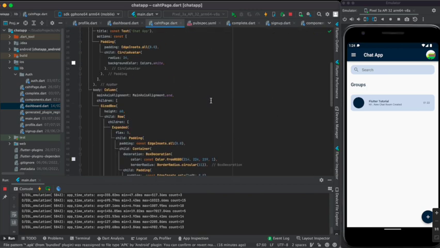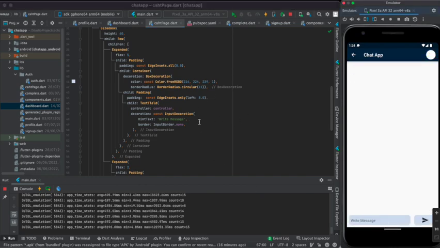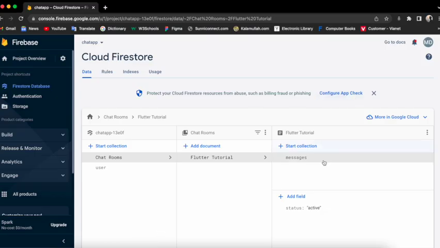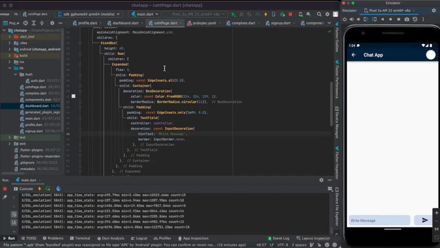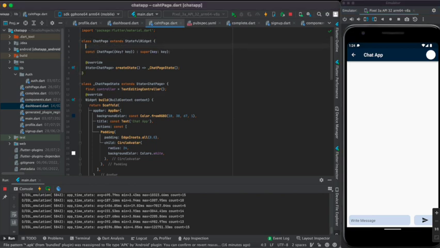Now we did get the text of this text field. And now when you press on this button, it should add a message into this collection, that means the Flutter tutorial collection. So for that, firstly I need to pass the name of the group. So let's create a